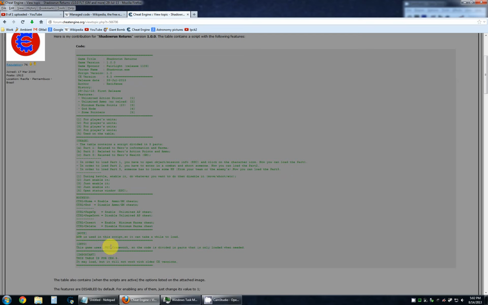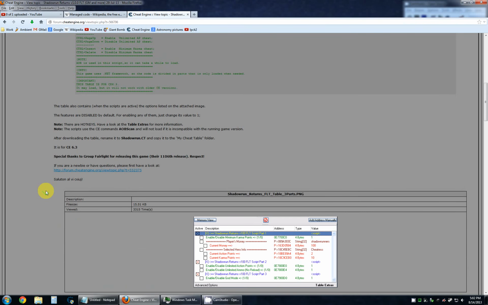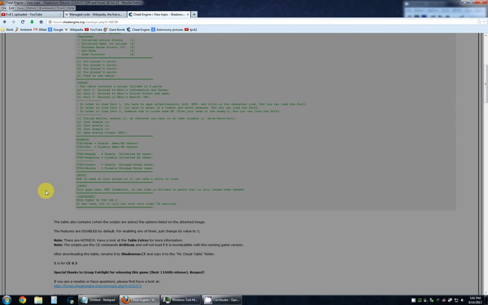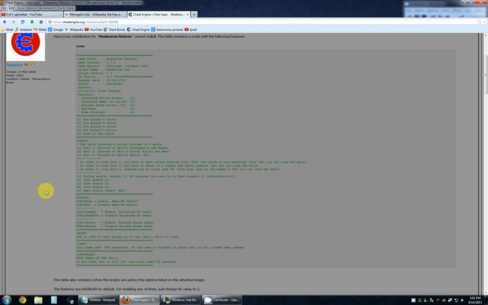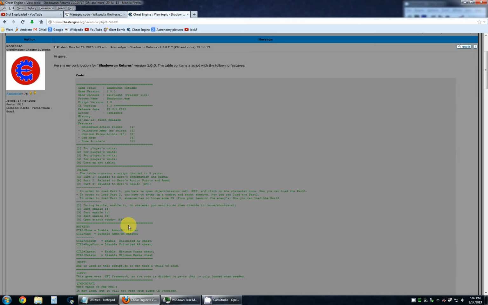Info. This game uses .NET Framework as the code is divided in parts that is only loaded when needed, which is exactly what we were just talking about and reading on Wikipedia with managed code in a somewhat indirect way. And games that use .NET, it's certainly not impossible, but the reason that the scripts are broken out into different parts is because the general sort of generic approach with making cheat tables and whatnot is that you just have one massive control script. I wouldn't call it massive, but you have one large control script that you just enable, and then you have a bunch of Boolean flags that once the script's enabled, you go down there and you can enable the flags